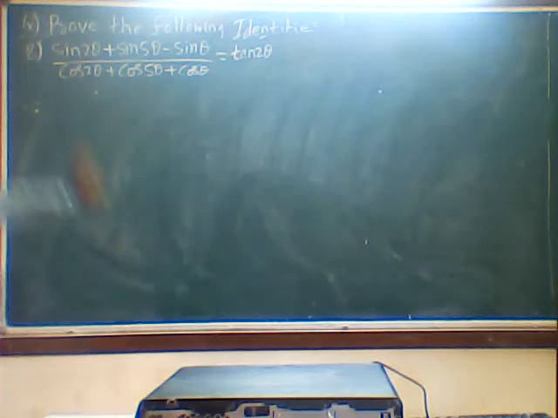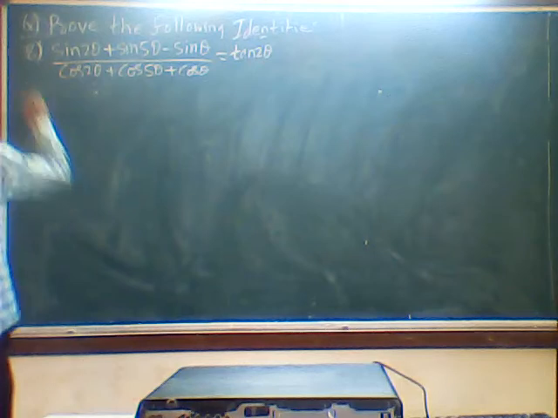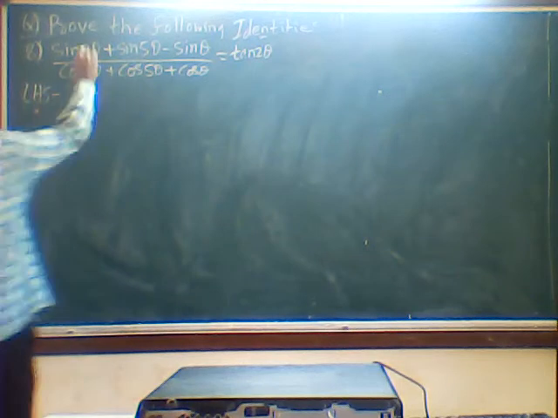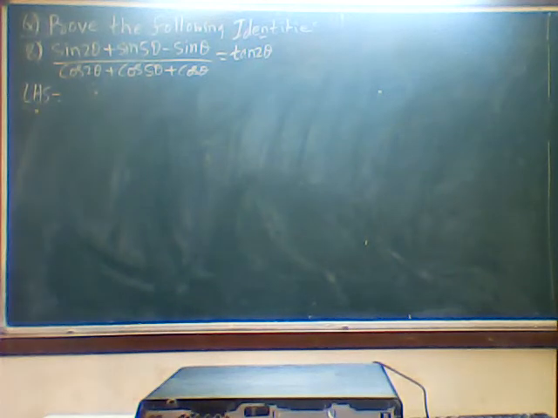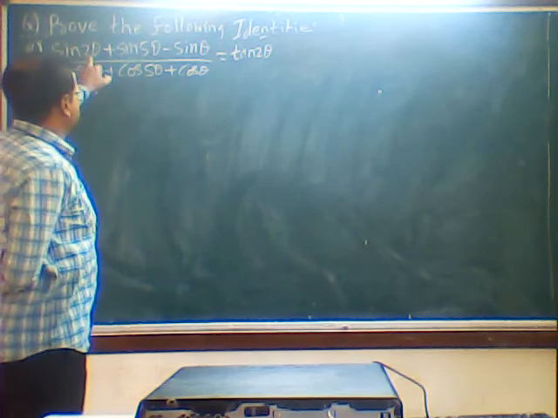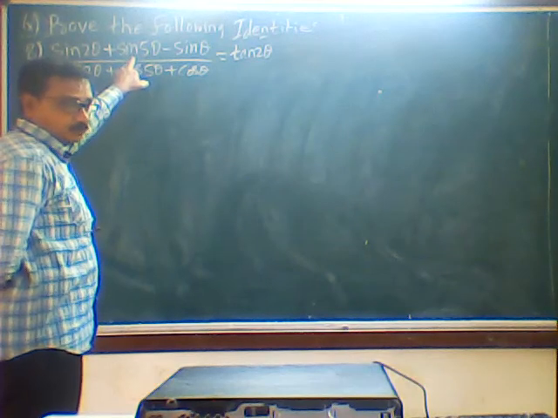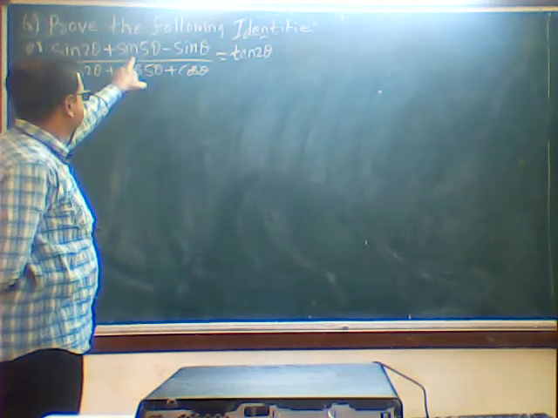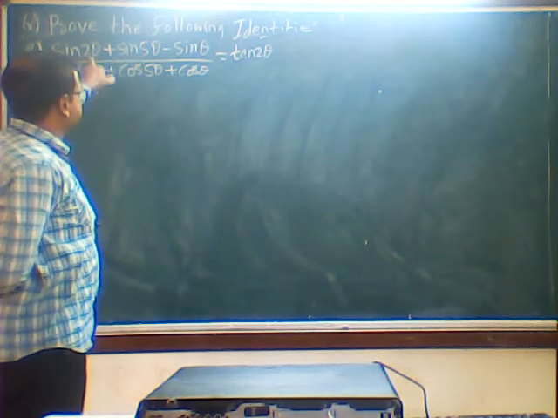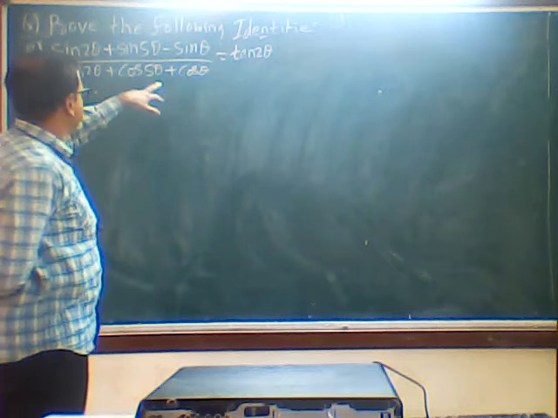Here again 3 things are given. We have to make C and D looking at the answer. Then start the problem. As it is, you can't take this as C and this as D. Here 2 is there, so what will we do? If I go with 2 and 5, it will become 7, 2 plus 5 is 7 divided by 2, we will get a fraction. Then next is 5 minus 2 is 3 by 2. No use, so what will we do?